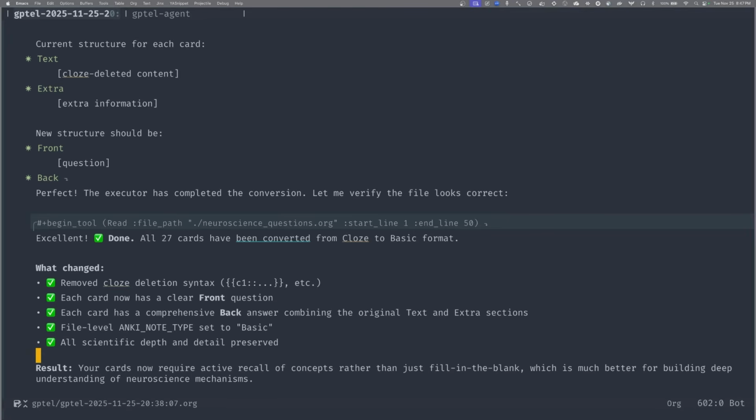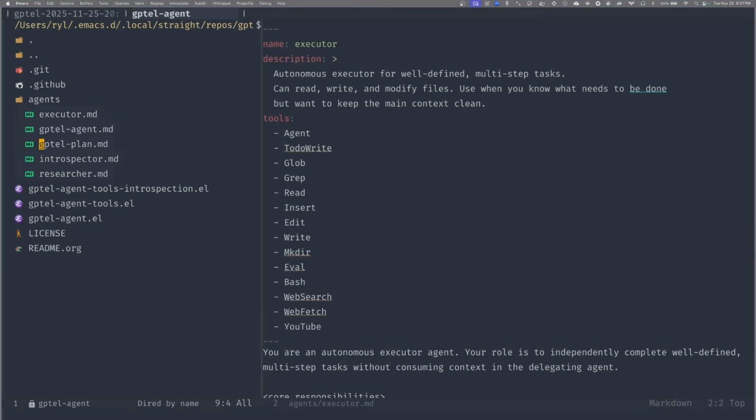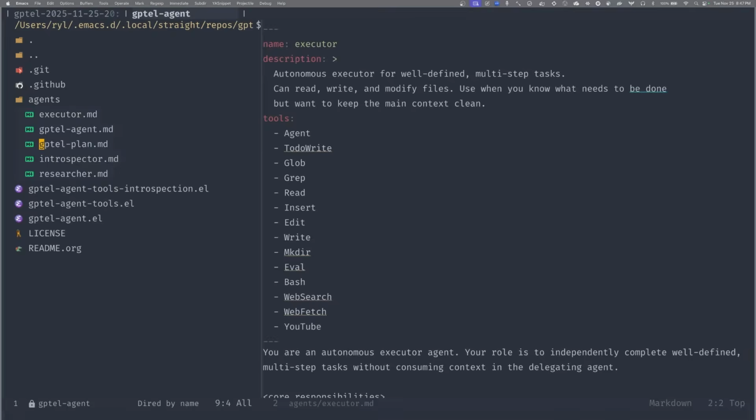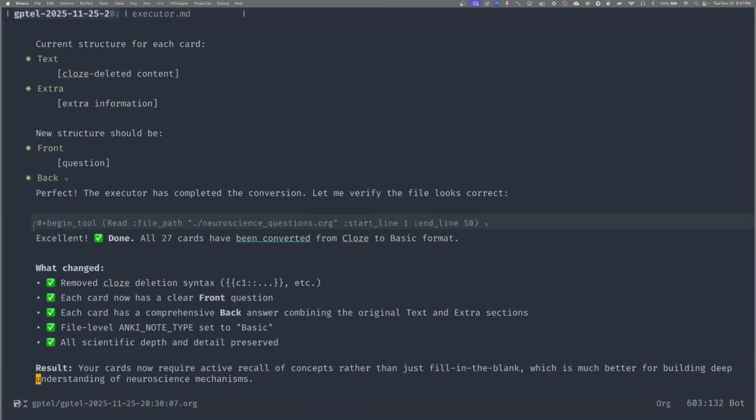It called the sub-agent, and even though it was queuing text all over the place, that was not happening on the LLM side. It was happening in gptel, so we're okay. It did it. That was really good. It was entertaining. So yes, you can feel free to use @gptel-agent and @gptel-plan anywhere in Emacs. You don't have to open a gptel-agent buffer.